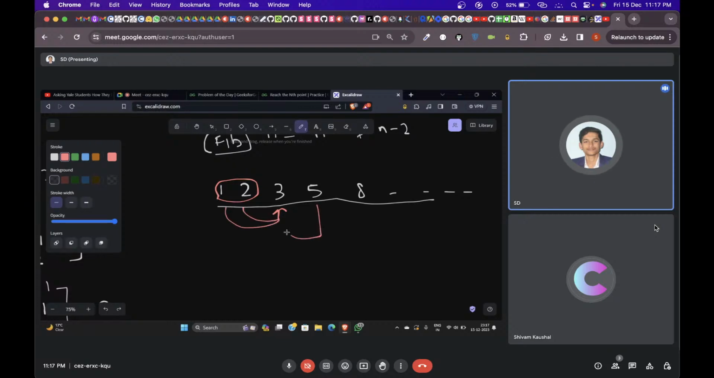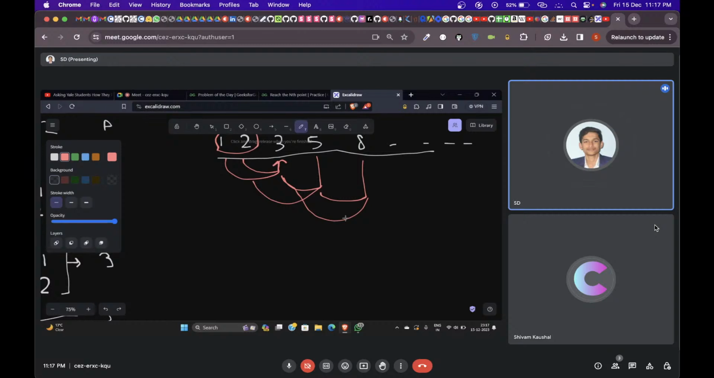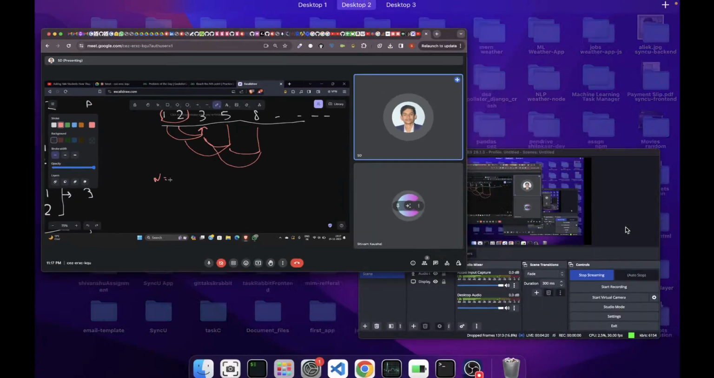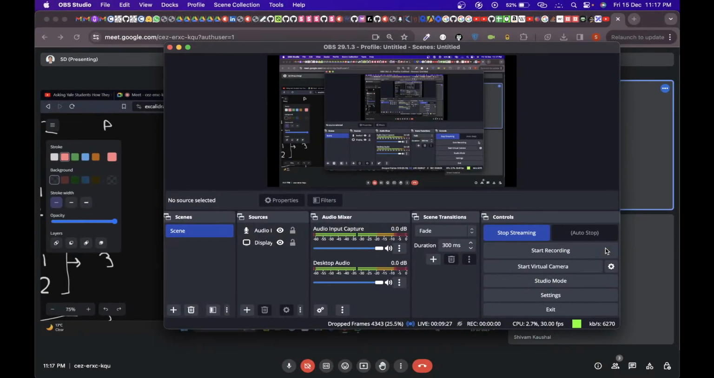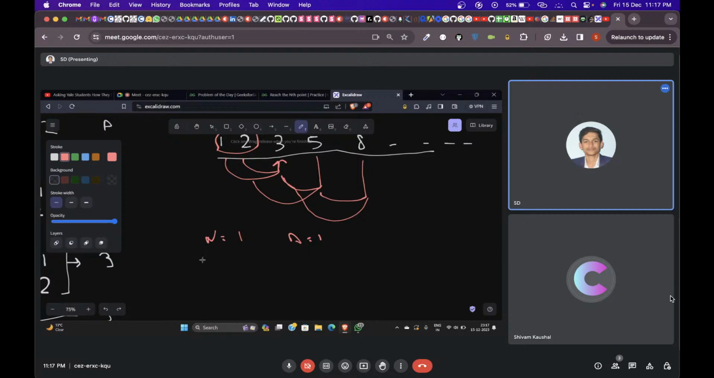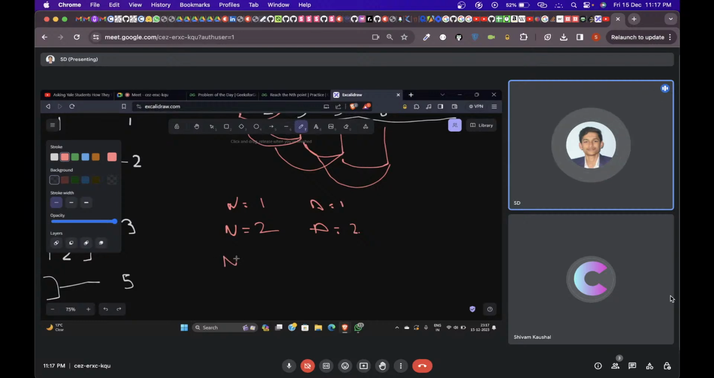Similarly, 5 is just a sum of 3 and 2. Similarly, 8 is just a sum of 5 and 3. You're seeing a pattern forming here. What we are saying is that if the n value given to us is 1, the answer would simply be 1, because there is only one way. But if n is 2, the answer would be 2, because there are only two ways. But moving on from 3 till the 10 raised to power 5 value,